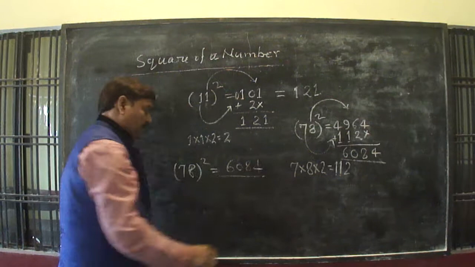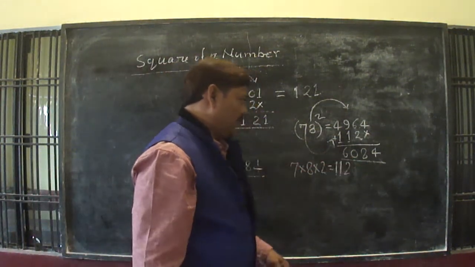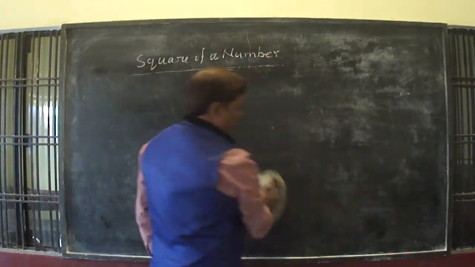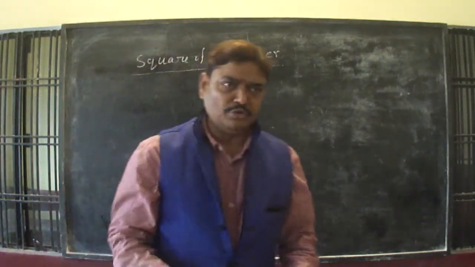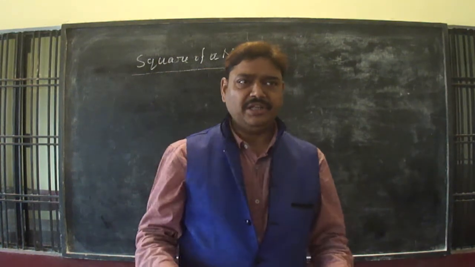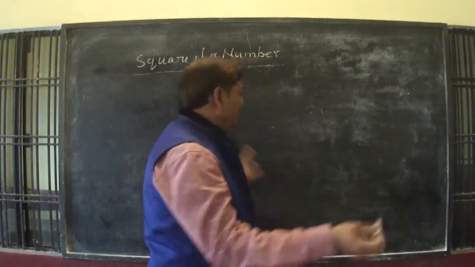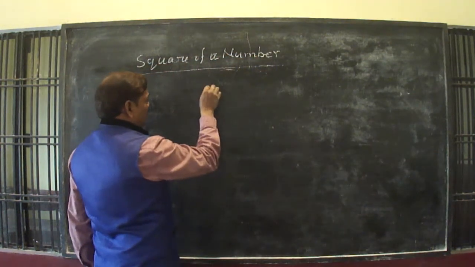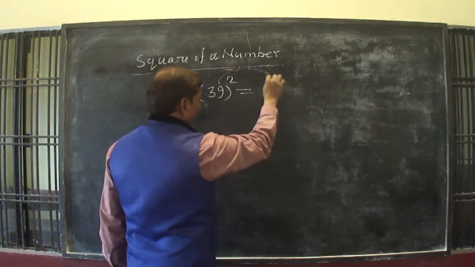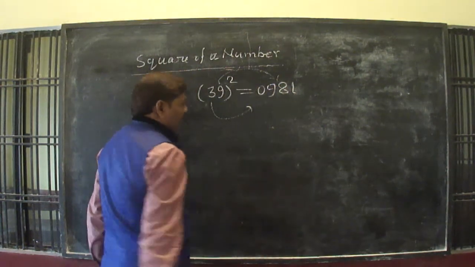That is the simplest method and easy steps we can take here to get a square of a number. So this method can be used in any number, and it is very simple for 2 digit numbers. This method can be used in any number, but it is very easy to get the square of a 2 digit number. Suppose that I want to square 39, then we put here the square of the 9, 81, square of the 3 is 9 or 09 you can say.